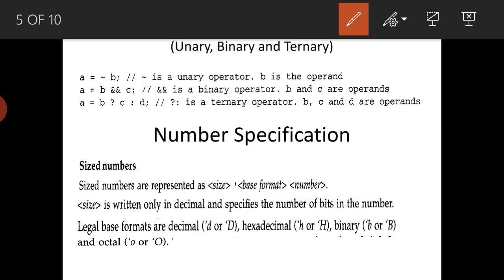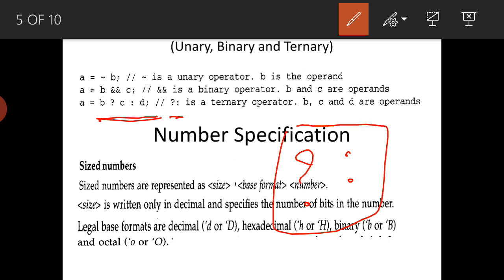Similarly, this last one is the ternary. The ternary operator is the question mark and colon.